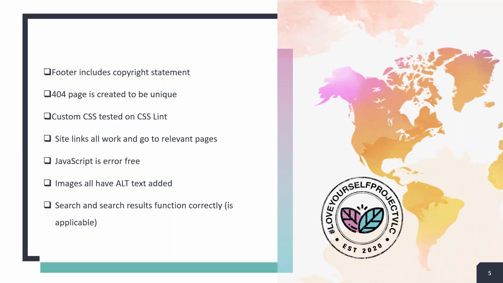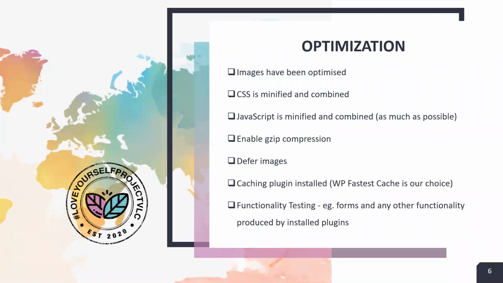Any JavaScript is error-free. All your images have included alt text. And your search and search results function correctly. Now for optimization, you need to make sure that your images have been optimized, and there are several plugins you can use for that. Your CSS is minified and combined, the same with your JavaScript as much as possible. You've enabled gzip compression. You've deferred images, and you've used a caching plugin,